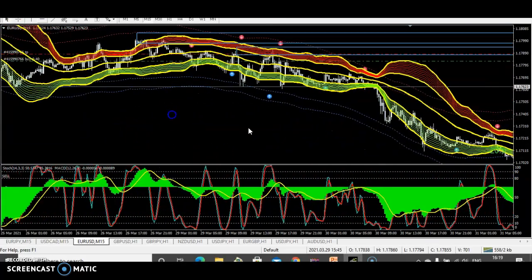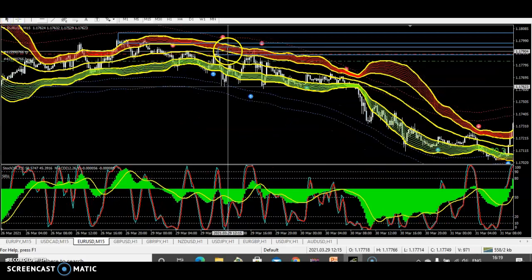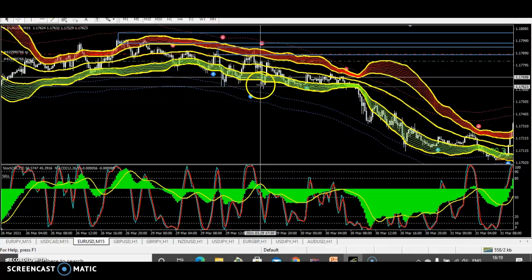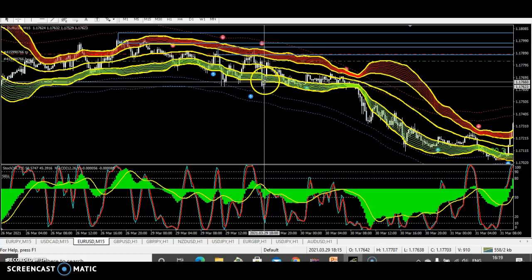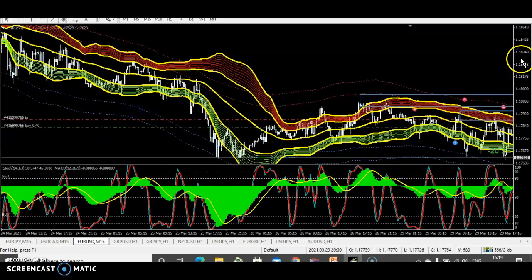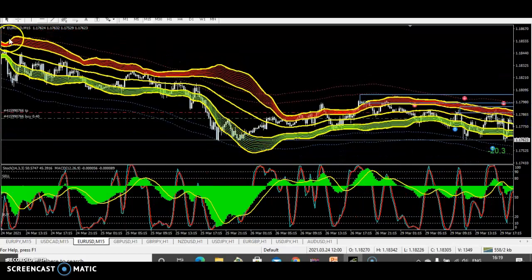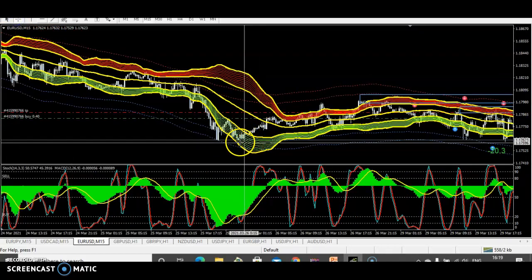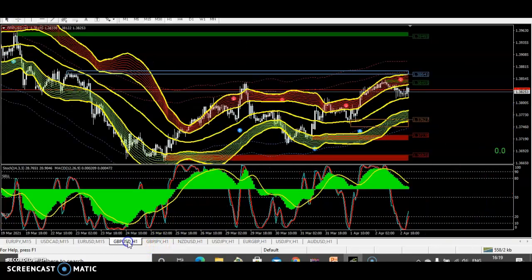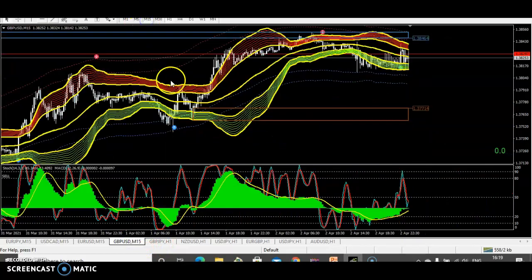Check here, my intention is just to get 5 to 10 pips. See here, 12 pips. See here, you got a signal here, it took a pullback, but it has come down to here. 11 pips here. See here, from here it has come to here, like 28 pips are there. So now we will check another pair, M15.